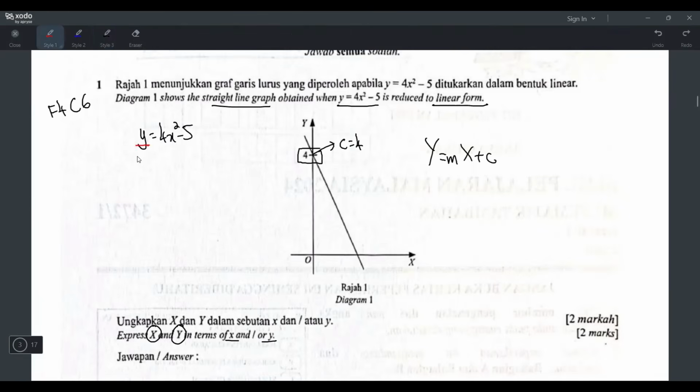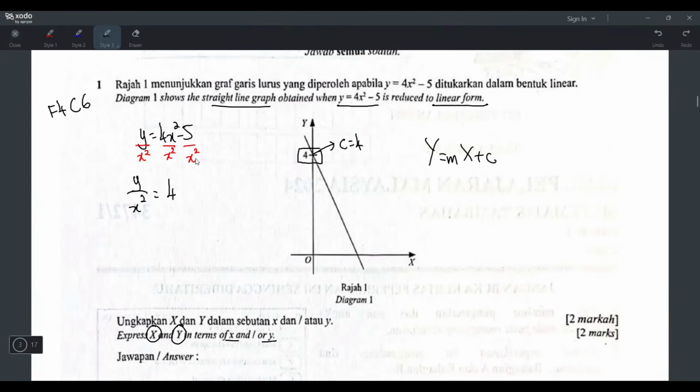So I'm just going to divide x square, divide x square, divide x square for everyone. Because if you want to divide, you cannot just divide one person only. If you divide one person, everyone also has to be divided by the same thing. So you will end up getting y over x square equals x square, and x square can cancel, you are left